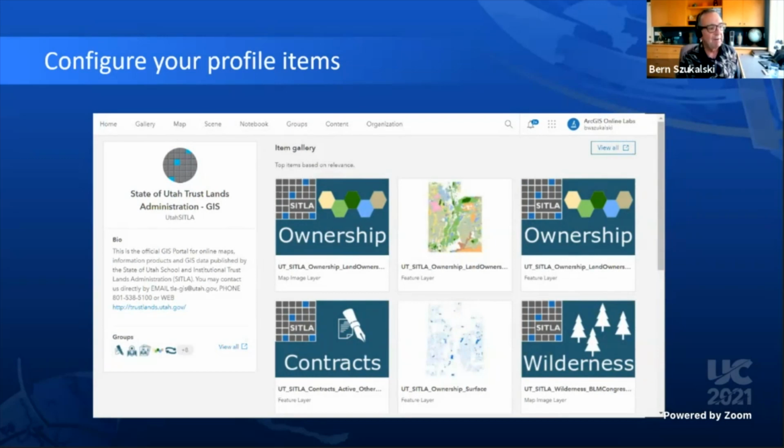Now, here's another example. This is actually one of my favorite user organizations, Utah Sitla. And here in their item gallery, they've just let the gallery show the default, the top items based on relevance. But there's a couple of thumbnails there which are incongruous. So this profile, I think, comes close to being great, but you can see a couple of little changes that could easily be overcome